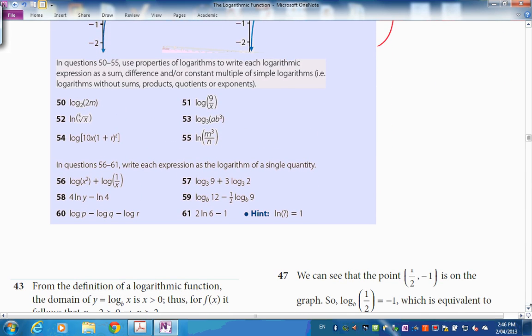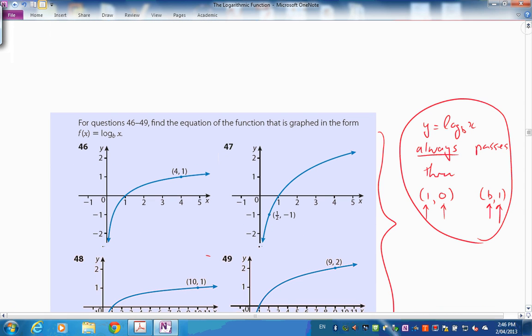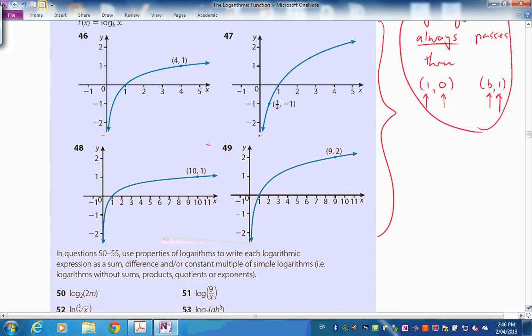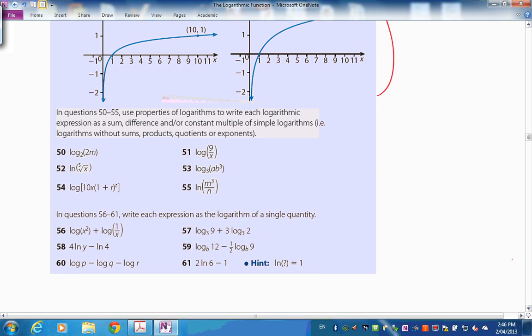Okay, the next set here, questions 50 to 61. Let's just come down a bit and have a look at those. I'll see if we can get it right in the middle here. 61. Okay, so we've got two different types here, slightly different steps required for each of these, as with the examples up above. You might need to go back and have a go at those. So let's then pause the presentation and see if you can unravel these,